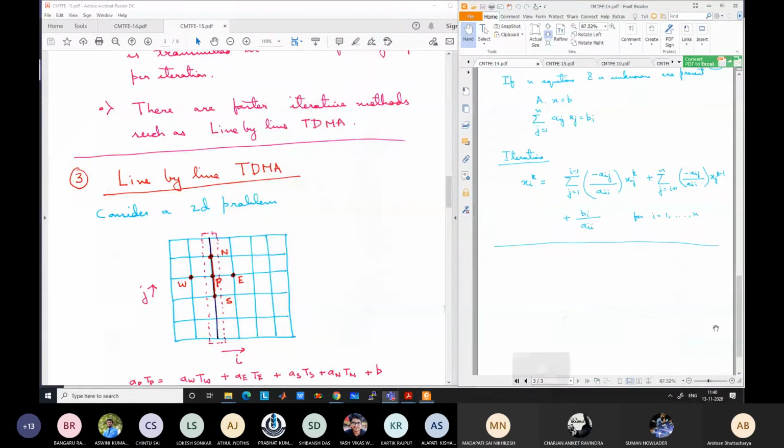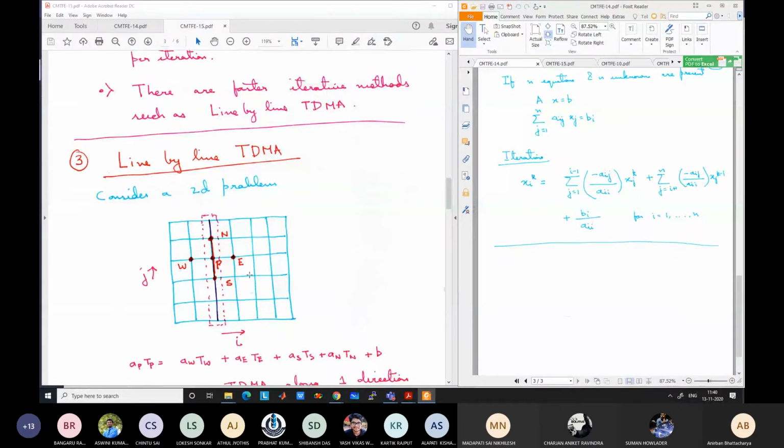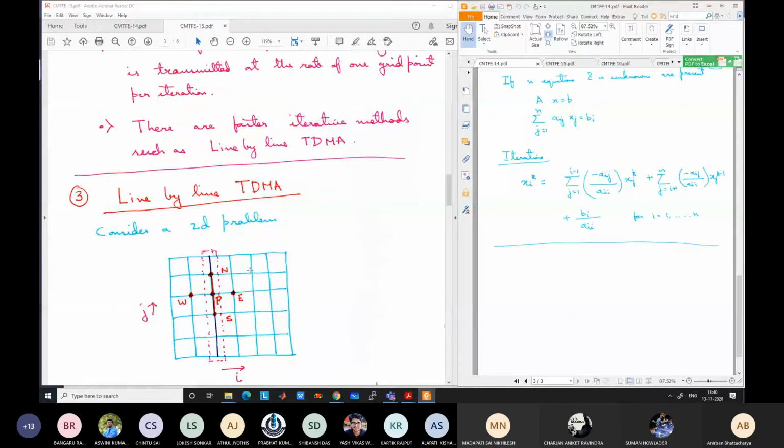Today's class is short. Already you can see half the material is covered. I did not want to start the new chapter today, which is the convection diffusion problem; we will start it in the next class. This course is running along at the correct pace, meaning it will get finished in time. We won't need extra classes, unlike the gas turbine course.